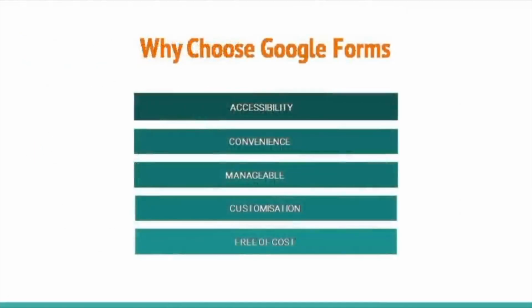The next question which comes to our mind is why to choose Google Forms. No doubt there are other options also available on the internet for conducting surveys, but why this Google Form? So here is the list of reasons why to choose Google Forms. Number 1, accessibility. That is, Google Forms are accessible on all devices, be it a smartphone or a laptop or a desktop. Number 2 is convenience. It is very simple and easy to learn and manage. The data is collected and can be analyzed in Google Sheets itself. The what-you-see-is-what-you-get interface makes it easy to understand and use.